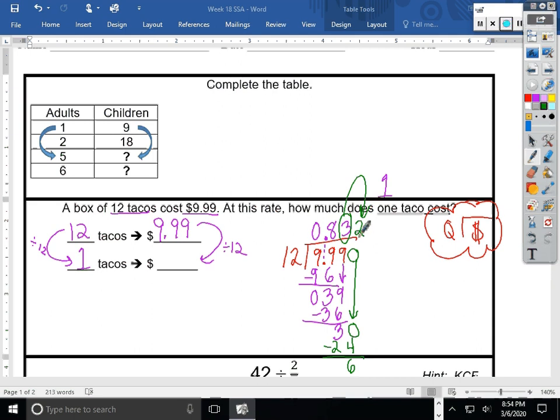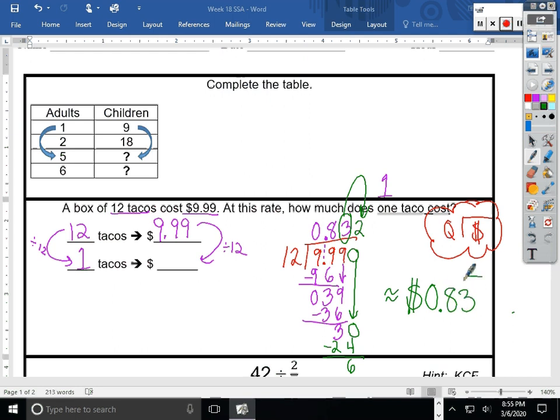Well, this 2 is definitely 4 or less. It's smaller than 5, isn't it? So I need to round down. What I'm saying to you is, this is either closer to 83 cents or bumping up to 84 cents. And when we say round down or let it rest, that means that we're going to approximate. This is where we break out those noodles, right? That approximation symbol. And we would say that this is closer to